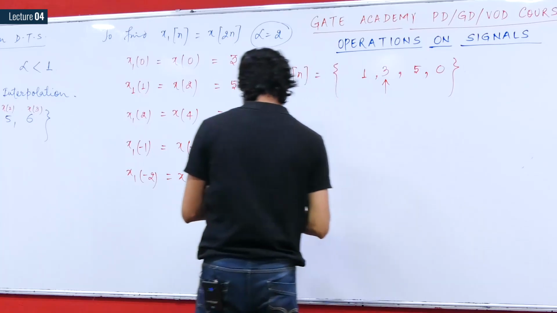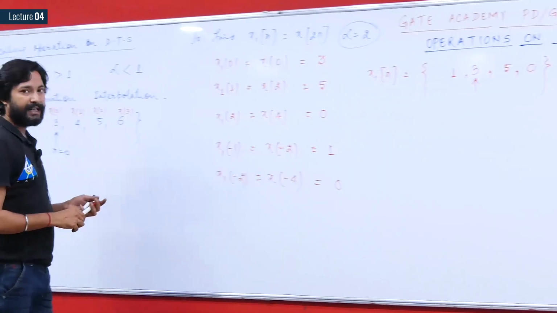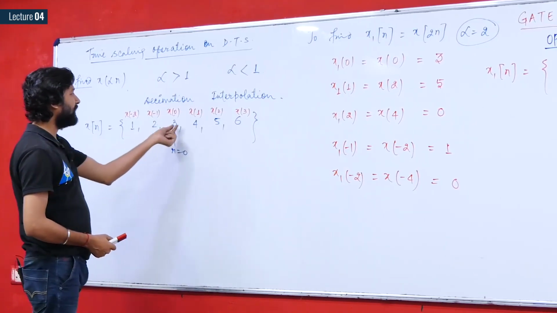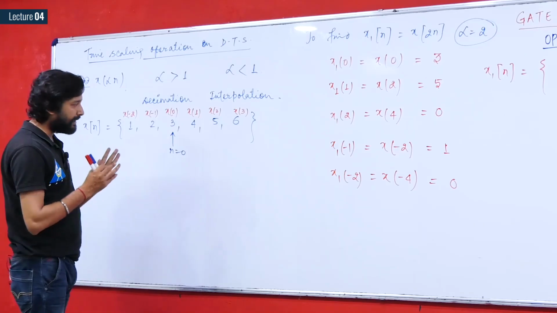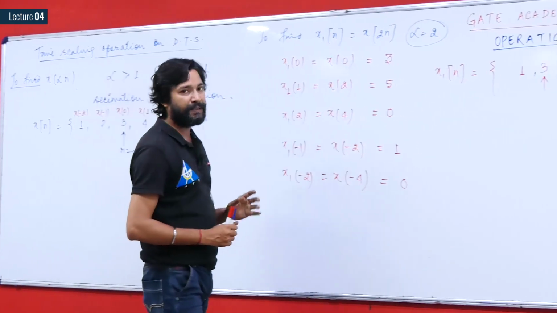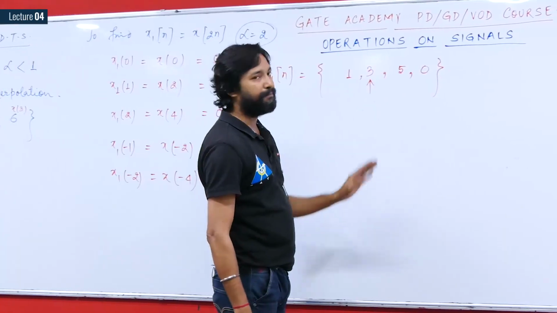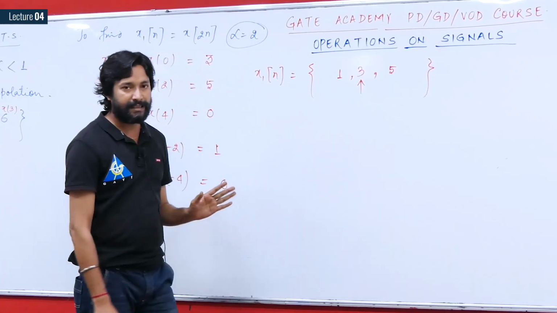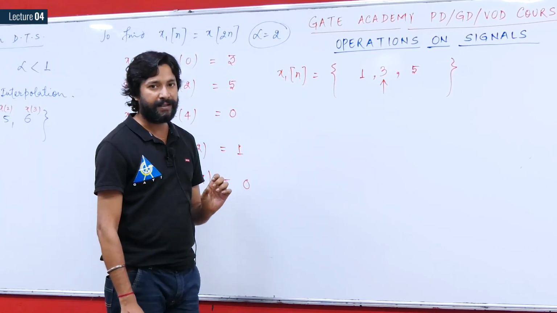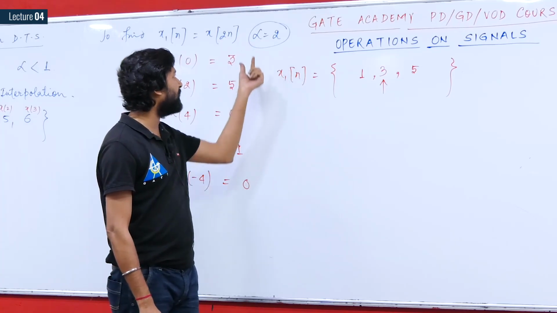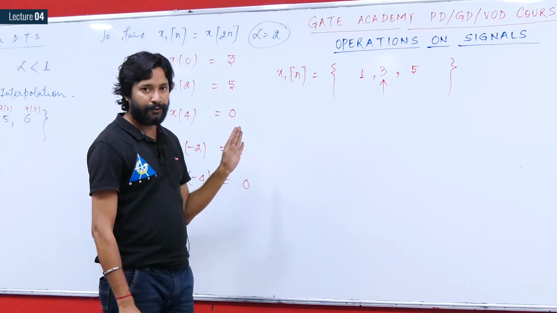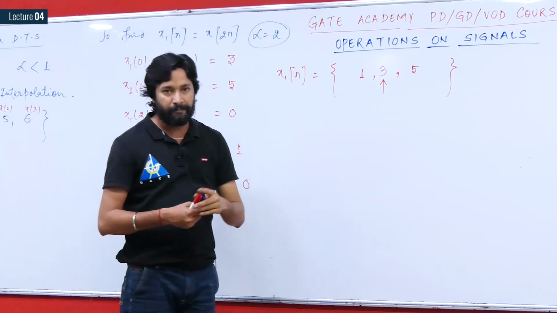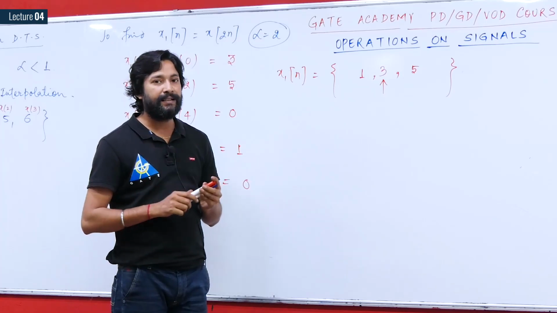So if you see here, before applying time scaling by scaling factor 2 on this discrete time signal, we had 1, 2, 3, 4, 5, 6 samples. But after applying the scaling operation, you have only 3 non-zero samples. This 0 is meaningless, it is not necessary to write it. So earlier the signal x of n had 6 samples, but when we operate time scaling by scaling factor 2, the signal that we obtain has only 3 samples. So we can say that samples are lost during decimation.